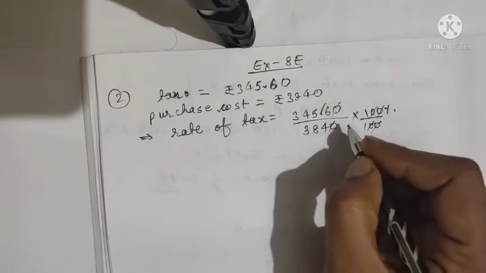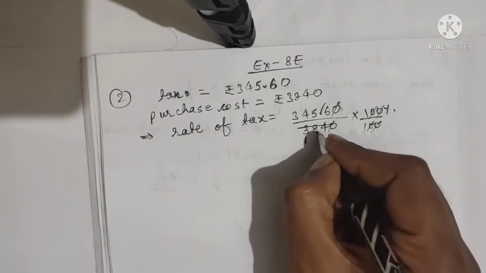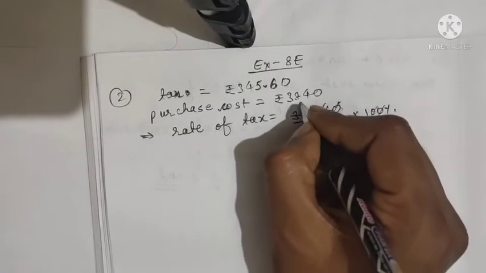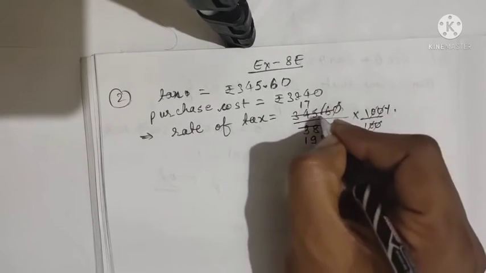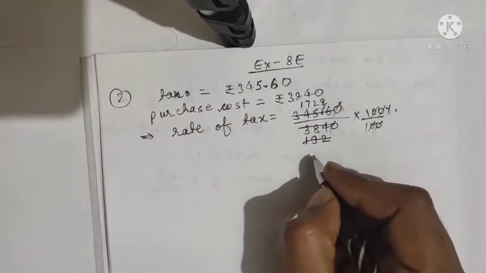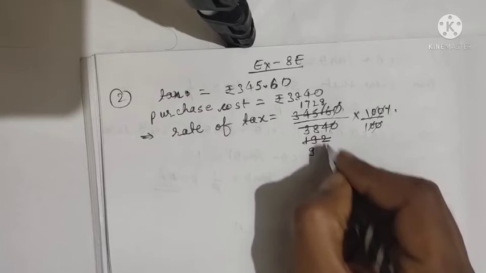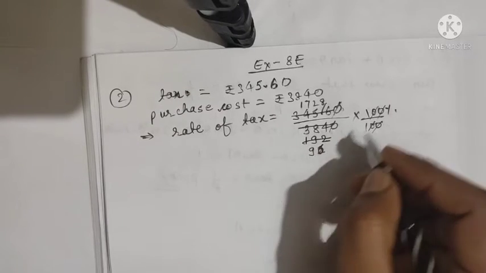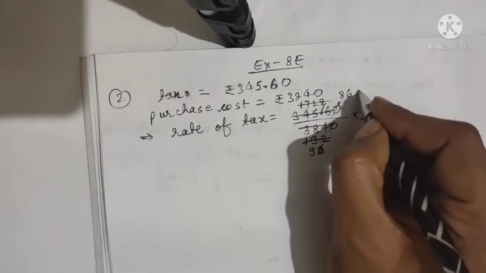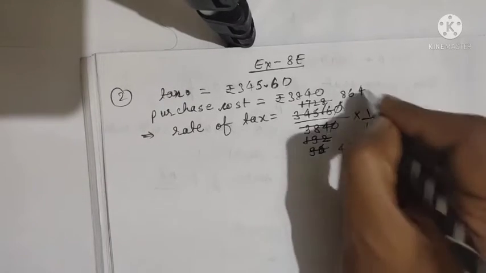Here zero cancels zero. Now dividing it by 2, then 2 1s are 2, 1 carry 18, 2 9s are 18, 2 2s are 4, again 2 1s are 2, 14, 7 times 14, 2 2s are 4, 2 8s are 16. Again both are divisible by 2, so we will cut it by 2. 2 9s are 18, again 12, 2 6s are 12, and here it is 2 8s are 16, 2 6s are 12, 2 4s are 8, again by 2, 2 4s are 8, 2 8s are 16, and it will be 4 3 2.